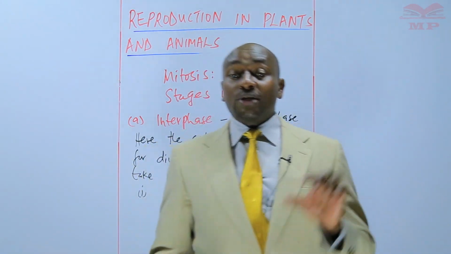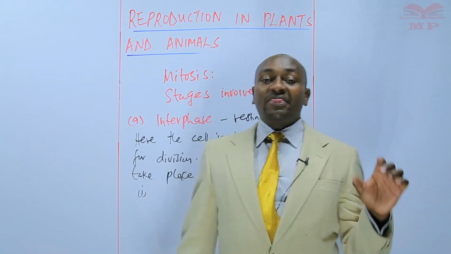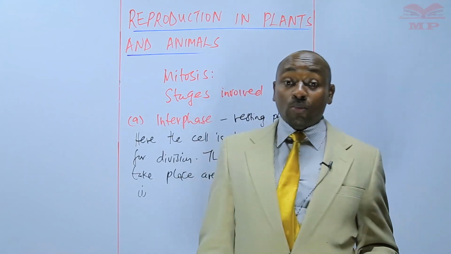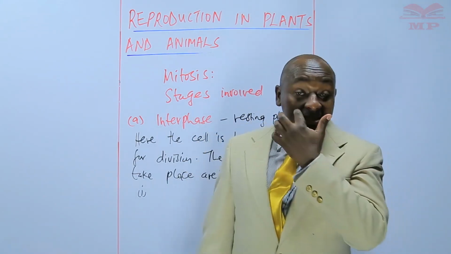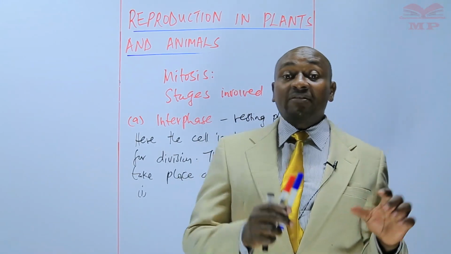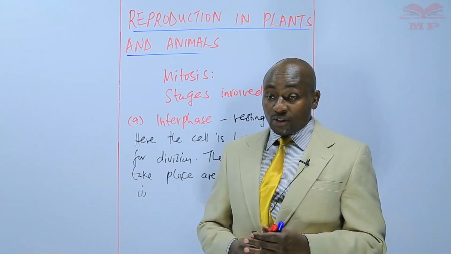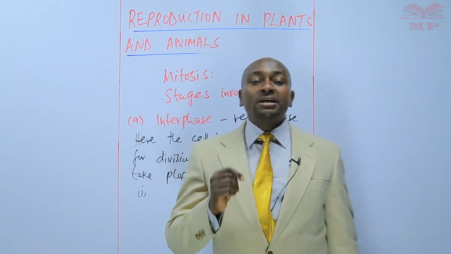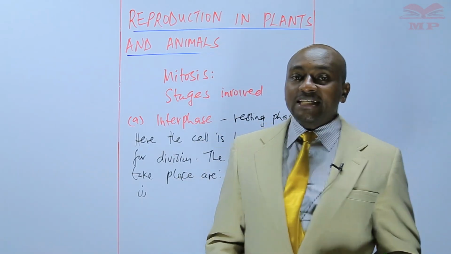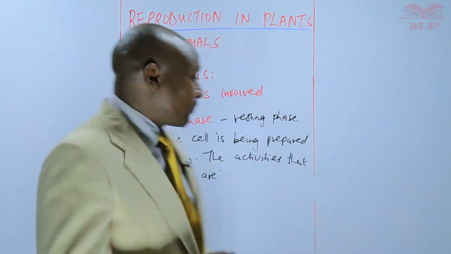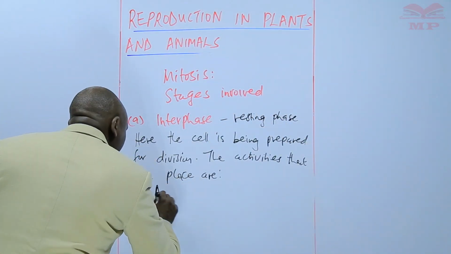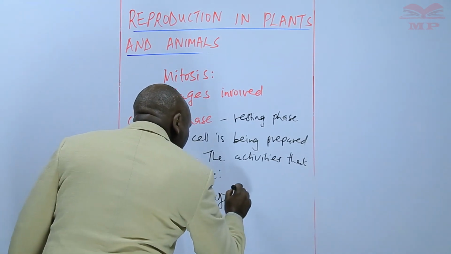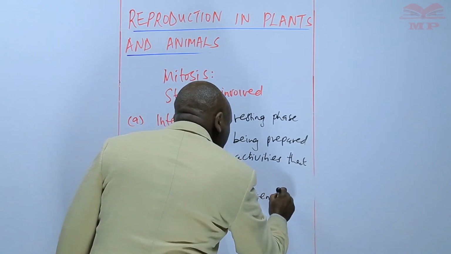Remember, we said that the daughter cells should have the same genetic material as the parent. So if the chromosomes in the parent are 8, even the daughter cells should have 8 each. So for that to happen, the genetic material must first of all be duplicated to ensure that it is enough for each daughter cell. So the first activity that happens is the duplication of the genetic material